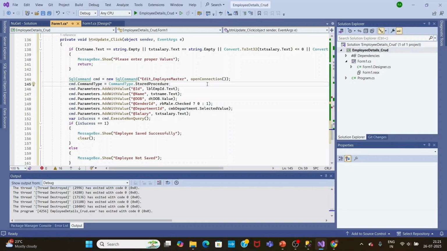Okay. Here we can give if is success, then employee updated successfully, else employee not updated. Save the changes, put one breakpoint here,